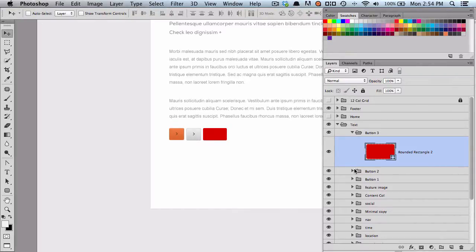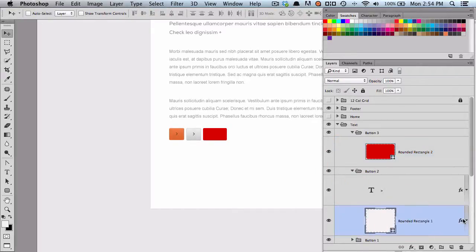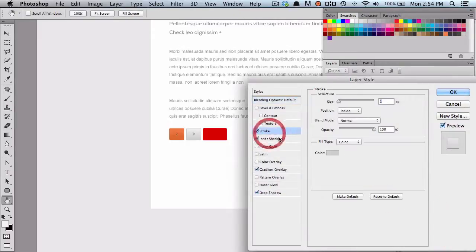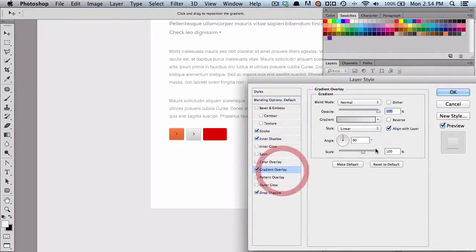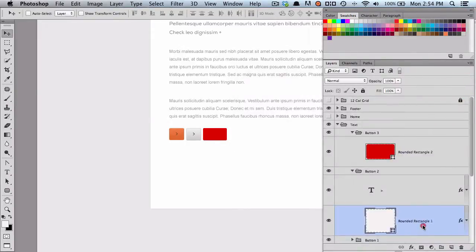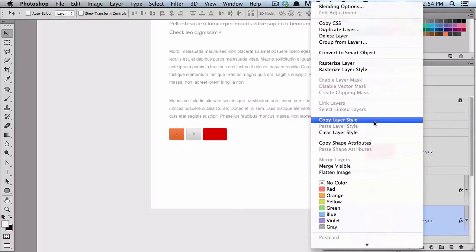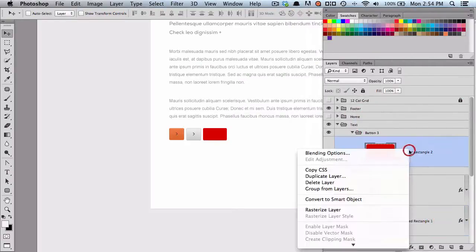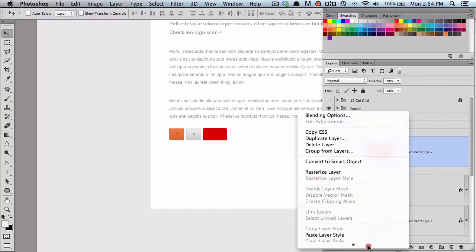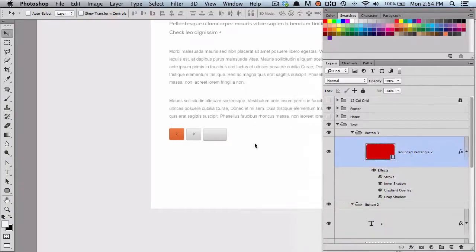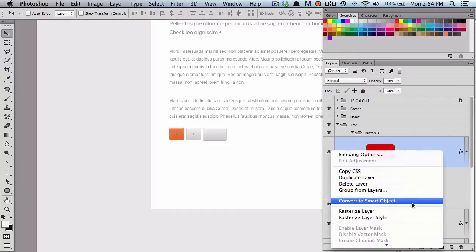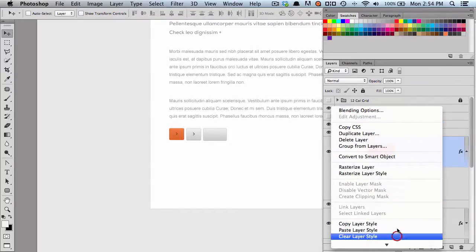If I look at button 2, which is the grey one, and look at its layer styles, you can see it's got a stroke and a shadow, gradient. It's got the works. Now I could either copy the layer styles and paste them onto the new button, which would give them the same appearance. But there's a few clicks involved in doing that, isn't there? So if I just clear these,